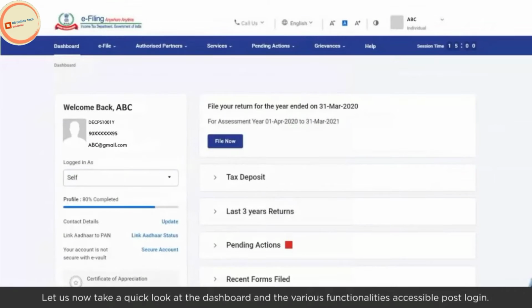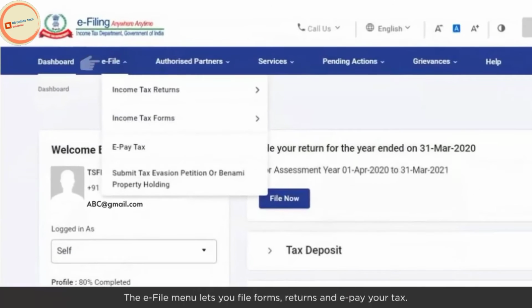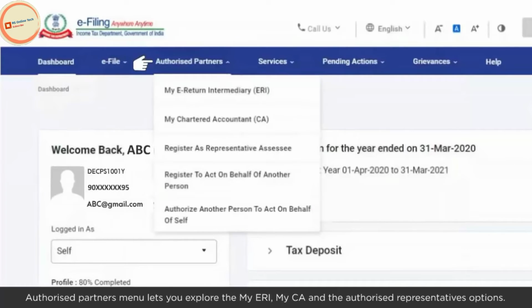Let us now take a quick look at the dashboard and the various functionalities accessible post-login. The e-file menu lets you file forms, returns and e-pay your tax. Authorized Partners menu lets you explore the MyERI, MyCA and the Authorized Representatives options.